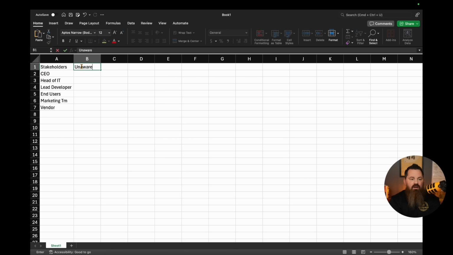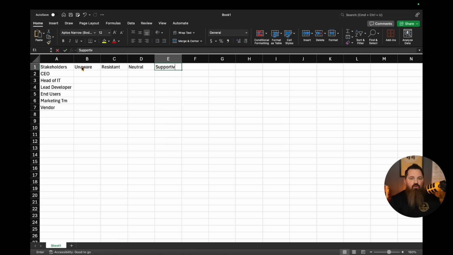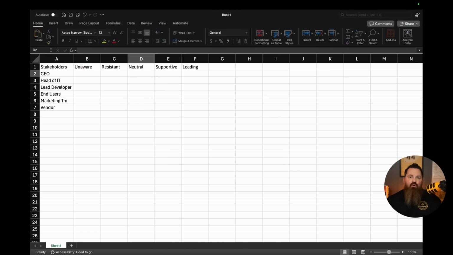First, we have unaware. Then we're going to have resistant, neutral, supportive, and leading. So who are these? We have to look at these as the spectrum of engagement. These are the different ways that these stakeholders could be in our projects. And then all we have to do at this next step is make a quick assessment of where they're at. The PM could do this by themselves. I always recommend that you at least do this with your team to make sure you get a holistic understanding of where the stakeholder is. Because sadly, even though it shouldn't be this way, stakeholders sometimes act certain ways around certain people.